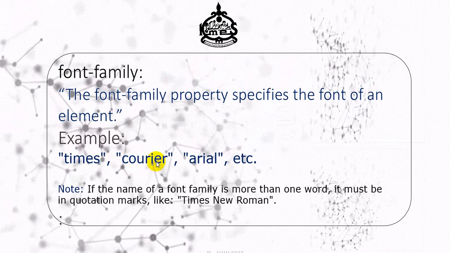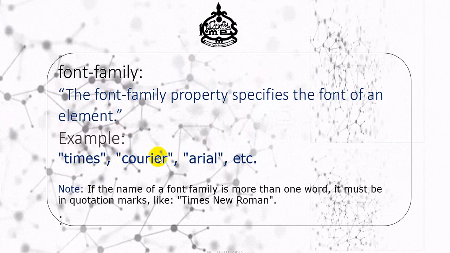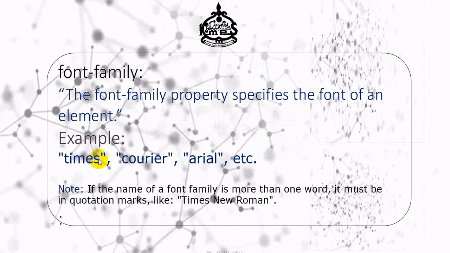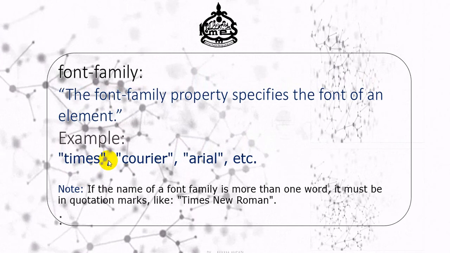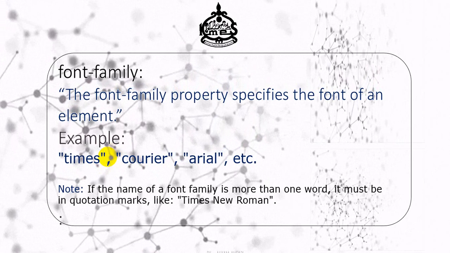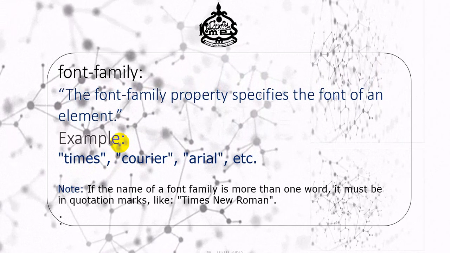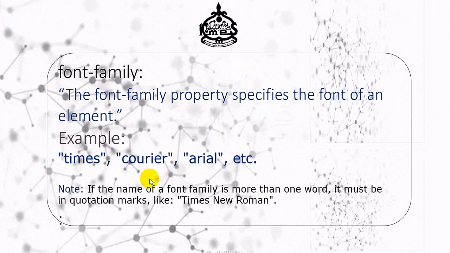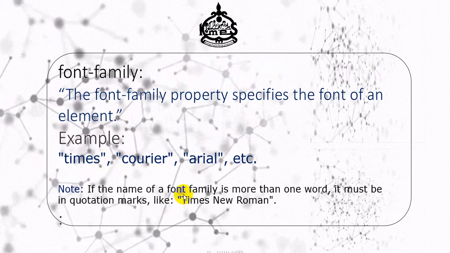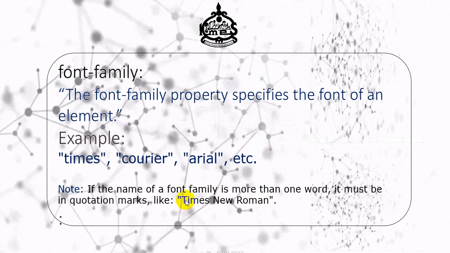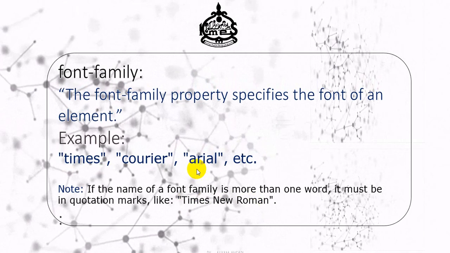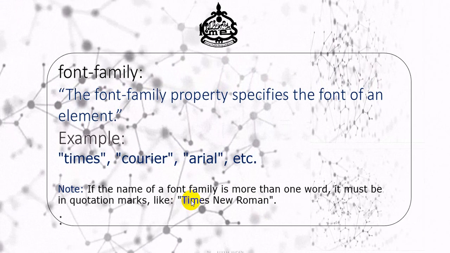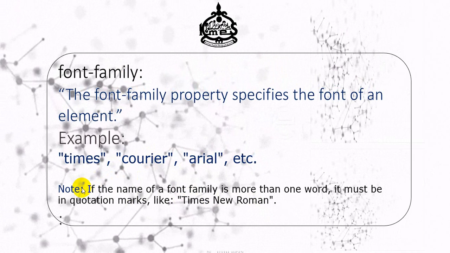So the font family member can be a word or a collection of words, more than one word. For example, Times New Roman. Times New Roman is not a single word. It has two spaces: Times, then space, then New, then space, then Roman. So in that case we have to use double inverted commas, as you see in the last line, "Times New Roman". Again, it's a member of font family. If you want to use a member which has more than one word, I am just repeating, this is very important, that's why I have written it inside the note.